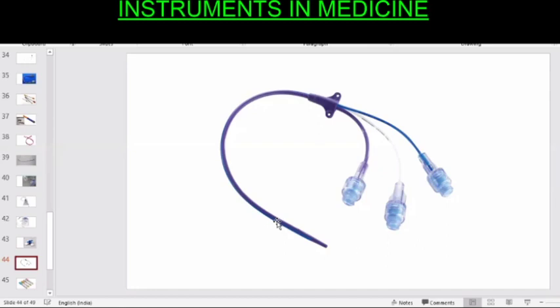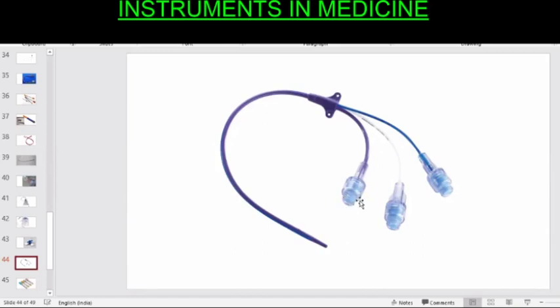This is a central venous line. This line is used to monitor the CVP, the central venous pressure, and it has got three ports. Sometimes it has got a single port, sometimes a double port, sometimes three ports. The advantage of three ports is from one you can give IV fluids, you can inject drugs, and to another port you can attach a monitor to measure the CVP